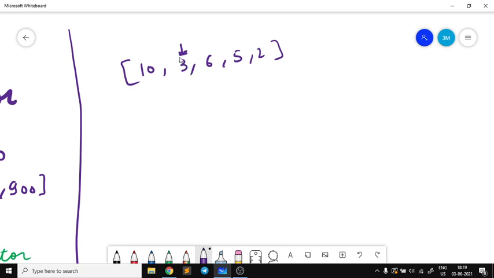For each index I will calculate the product of the remaining left side of the array and the remaining right side of the array, and I will store the answer for that.